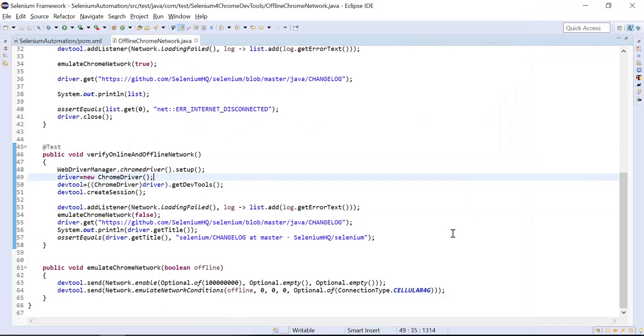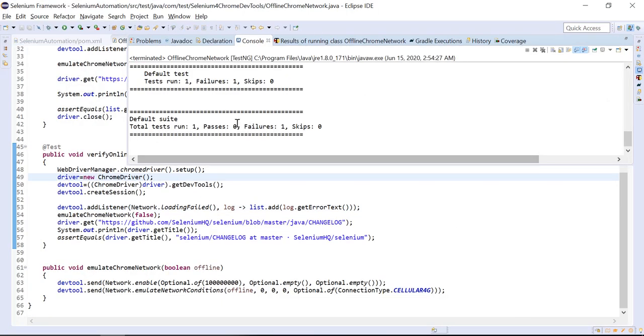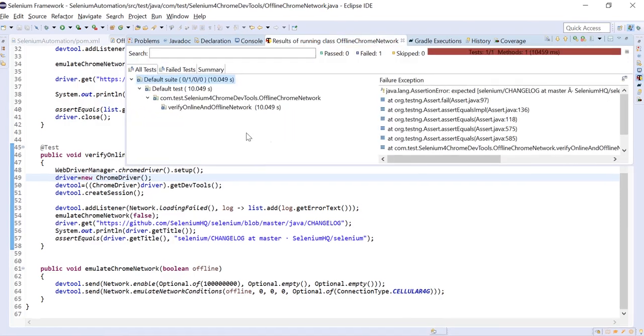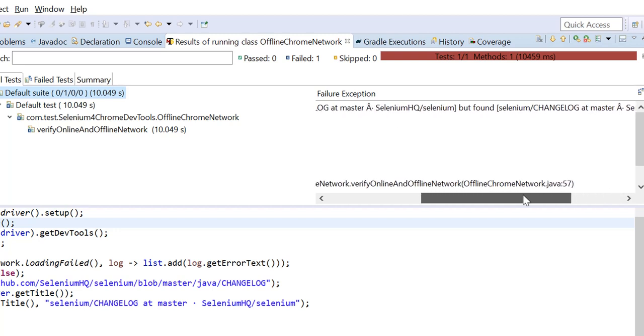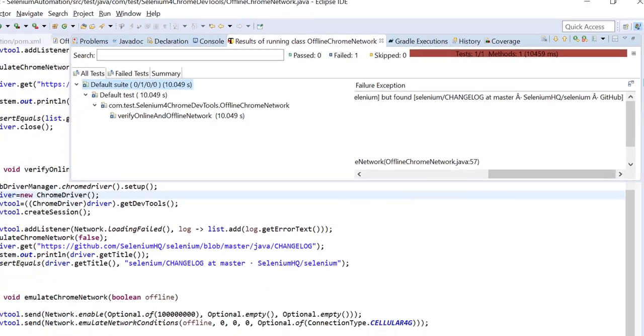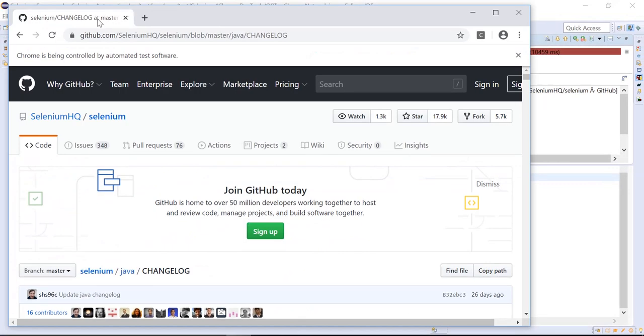And if you go here, and we can see here it failed. Let me see what happened. But found, I think something problem, I think in title.